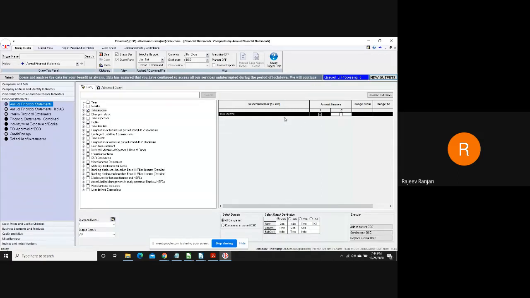If you want to find out only those companies which are of a particular size, I can always say that I want only those companies which are more than 100 crore or say 500 crore. Again, you need to be sure what currency you have picked here. So for example, I'm taking all the companies in software where the total income is more than 500 crores.